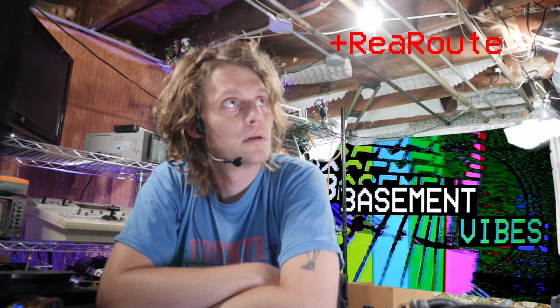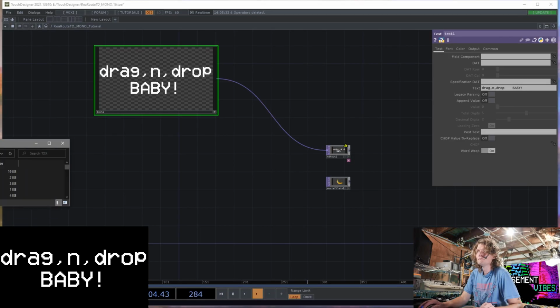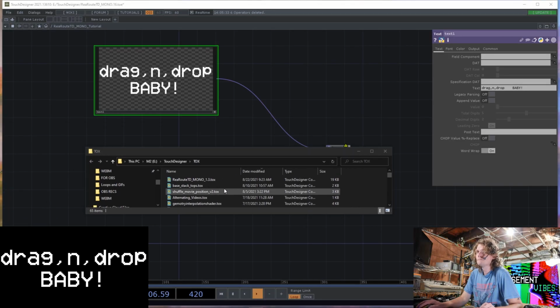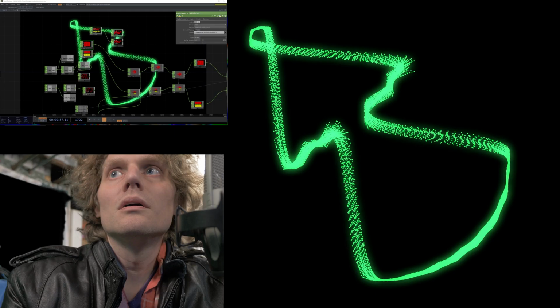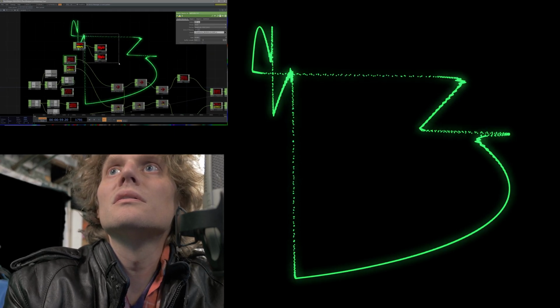And then in TouchDesigner, you're going to have only the latency of your plugins and whatever buffer settings you set on the TouchDesigner side. I'm going to assume you've installed software before, so install Reaper, install the ReaRoute extensions, install TouchDesigner, and then